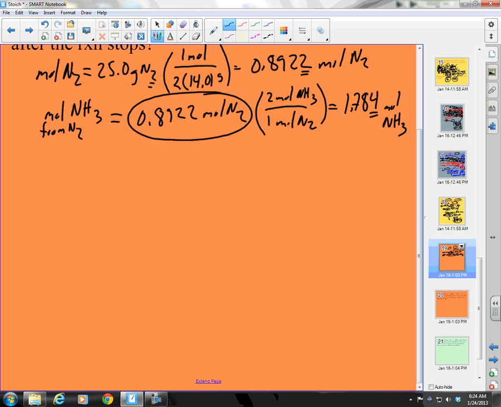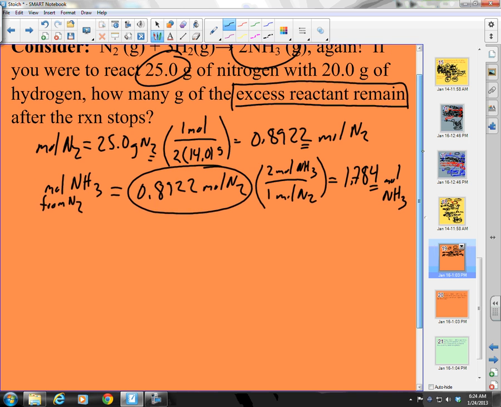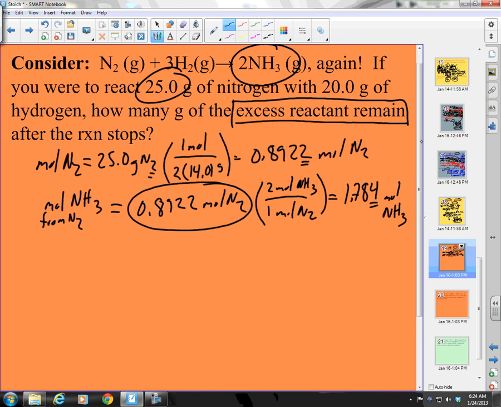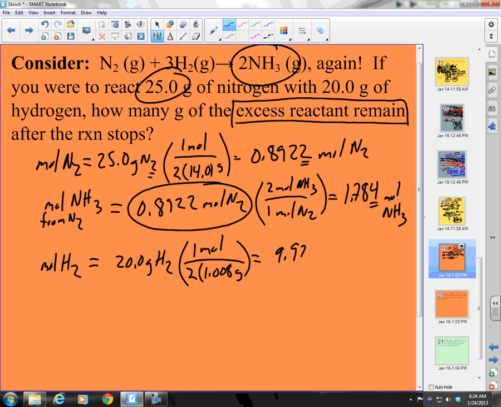Now we do the same thing with my hydrogen, right? So how many grams of hydrogen? 20 grams of hydrogen. So I want moles of hydrogen, which is equal to 20 grams of hydrogen times 1 mole per 2 times 1.008 grams. So what do we get here? 20.0 divided by 2 divided by 1.008, and I get 9.920